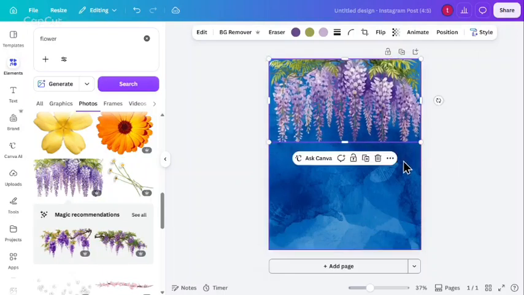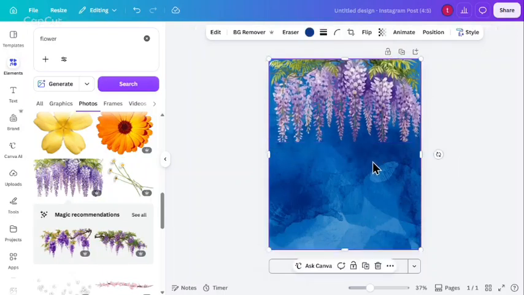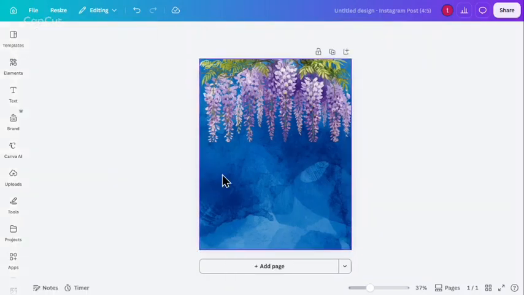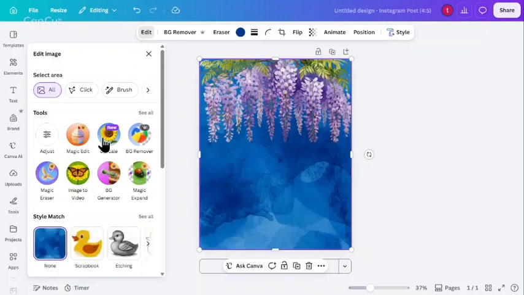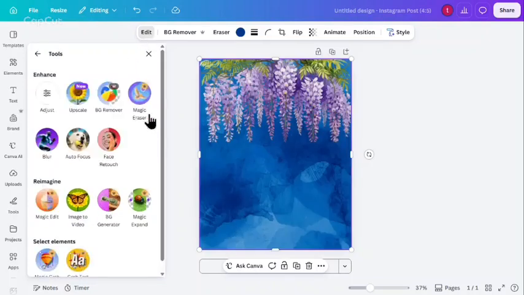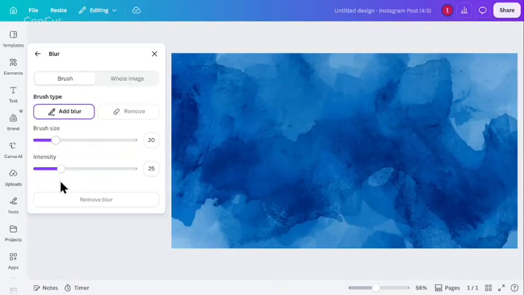To blur the background, I click on the blue backdrop element to select it. On the top toolbar, I click Edit Image to open up the editing panel. Next, I click See All under the Tools section and select the Blur tool. Inside the Blur panel, I switch from the Brush tab to the Whole Image tab so the effect applies across